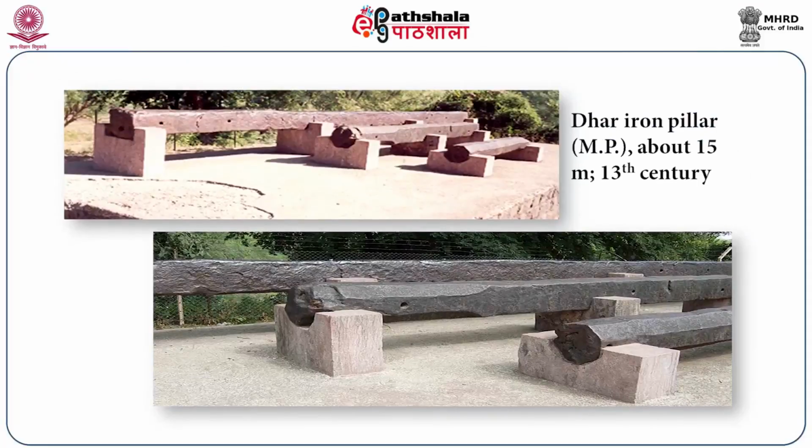Similar examples of iron pillars we also have from other places, like from Dhar in Madhya Pradesh. We have a similar iron pillar about 15 meters tall, datable to the 13th century. The Delhi Iron Pillar is datable to the 4th century CE. But this shows the continuity from the Delhi Iron Pillar to the Dhar Iron Pillar, and from other places also we trace the continuity of the metallurgical